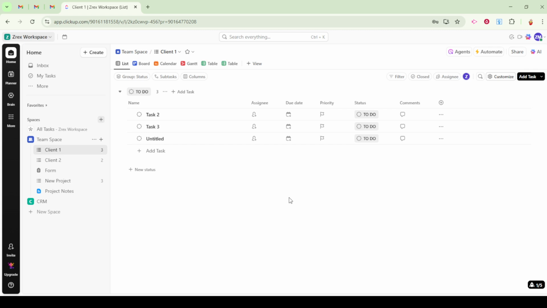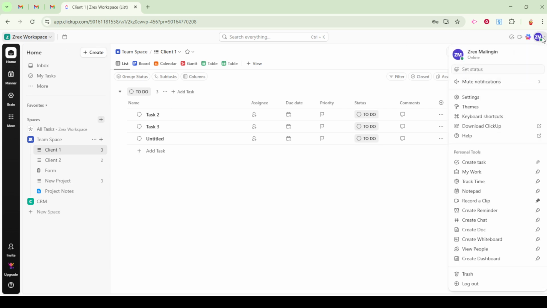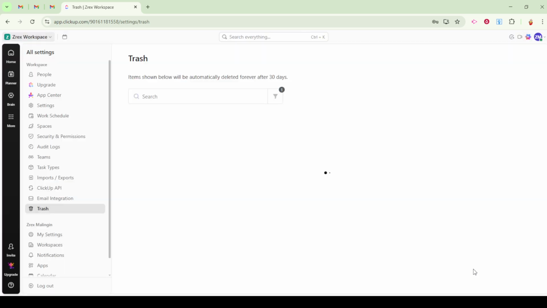from the trash. Just navigate to your profile picture in the top right corner, click on Settings, and head over to Trash. Here you'll find a list of deleted items like tasks or even spaces. To restore any of these, all you need to do is click the three dots, also known as the ellipsis, next to the item and select Restore. This is incredibly useful for items deleted earlier since they don't disappear immediately and give you some breathing room to